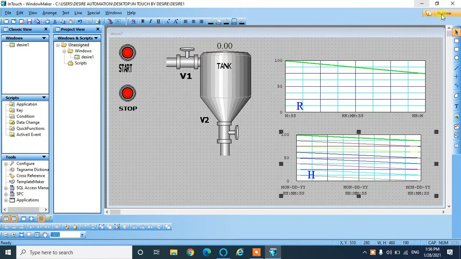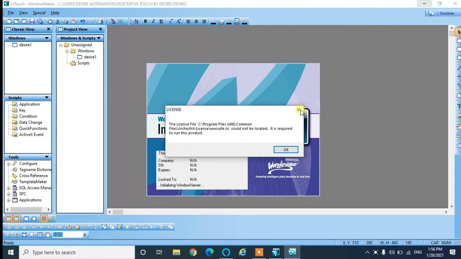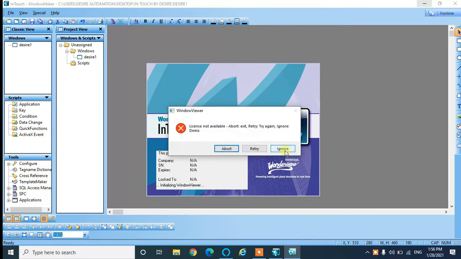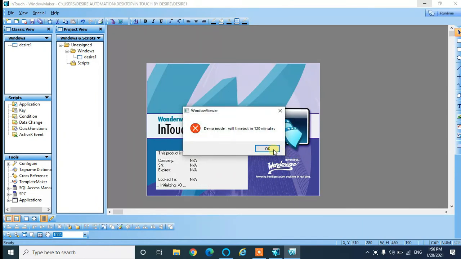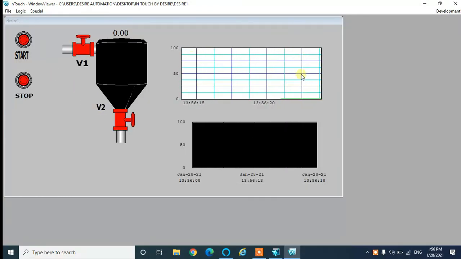So let us go for the runtime. Click on OK, click on ignore, click on OK. Here we can see initially start button, stop button, wall 1, wall 2 and tank, all the things are at reset position. That is why real time trend is showing the value 0.